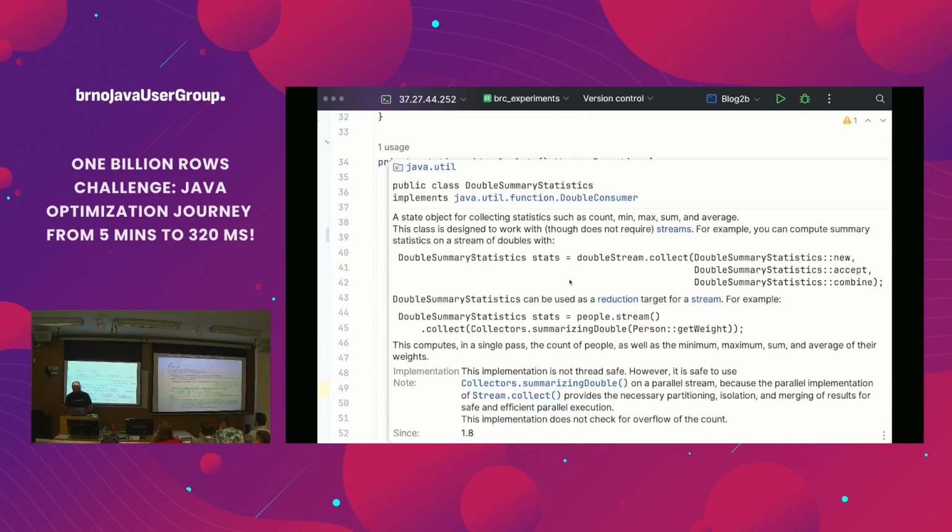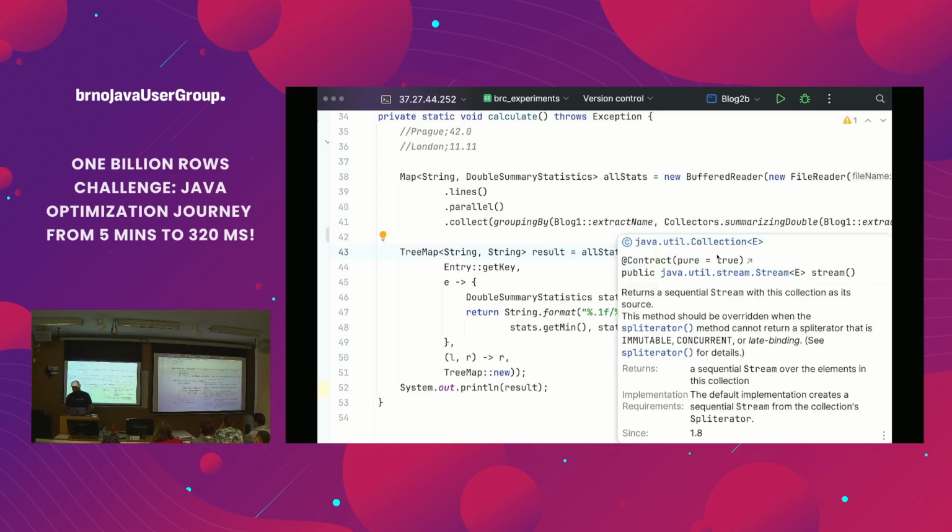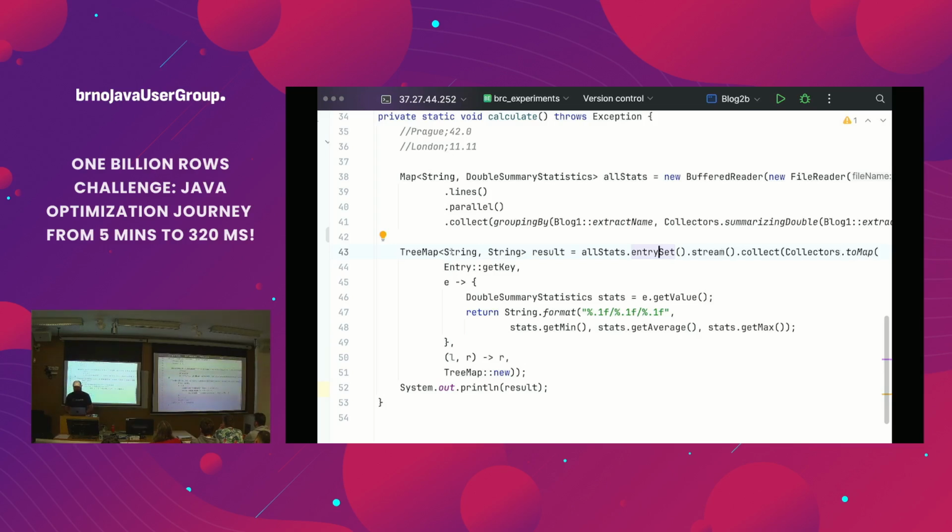And the next step is to create that alphabetically sorted format. So again, for each entry in that map, it will stream it, and it will collect it into another map. For the key, it will take the key as it is, because the key is the name of the city, which is exactly what we need.